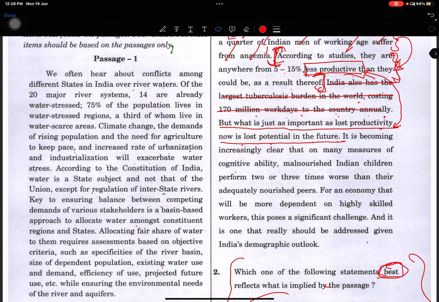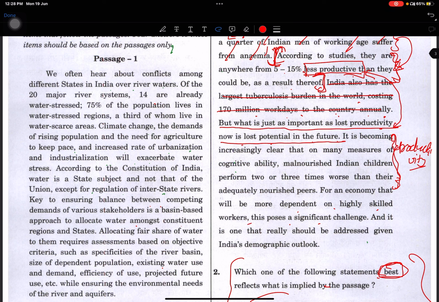Now coming to the next line, it is becoming increasingly clear that on many measures of cognitive ability, malnourished Indian children perform 2 or 3 times worse than their adequately nourished peers. ये भी प्रोडक्टिविटी की बातें कर रहा है, मतलब since it is saying that productivity is less productive, उसका एक एग्जांपल दे रहा है कि ऐसा हो रहा है, ऐसे एग्जांपल आ रहे हैं। ठीक है, for an economy that will be more dependent on highly skilled